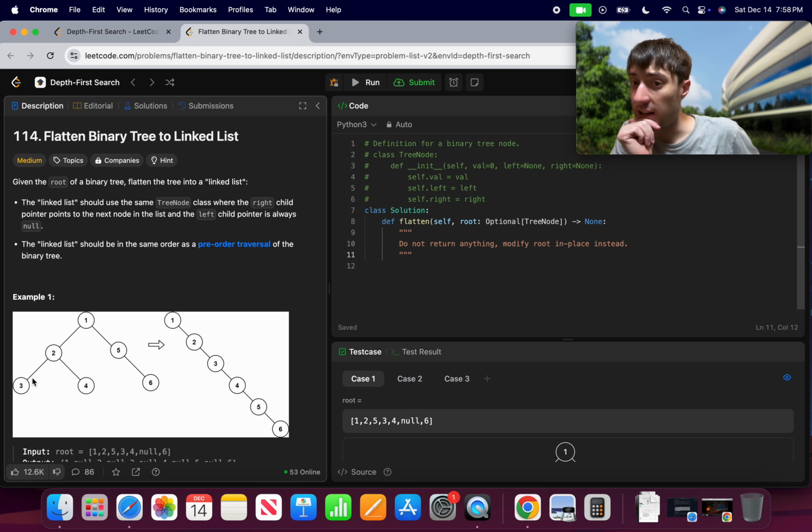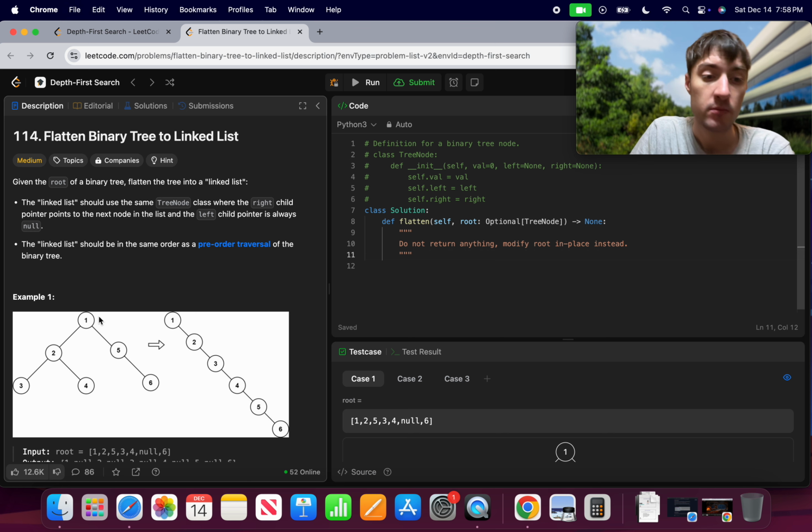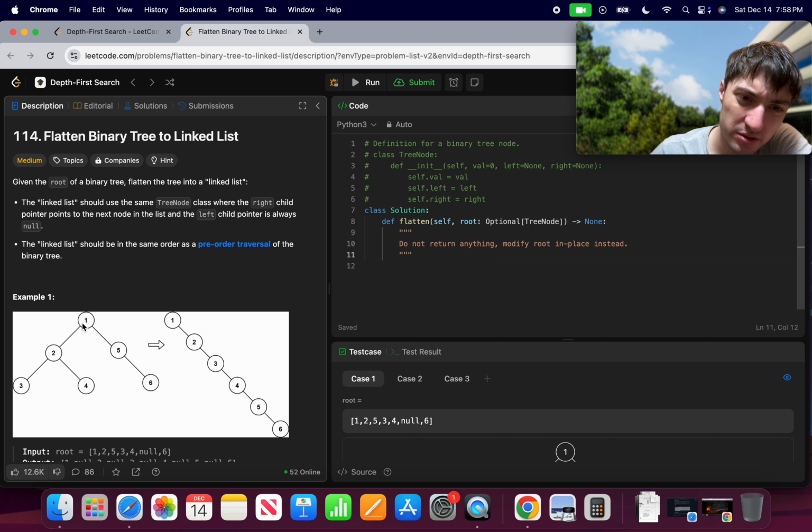But that's not in place. So I want to take this 1, and I need to modify its right value, but I need to change its right value to be its left value. I'm thinking if I swap this,